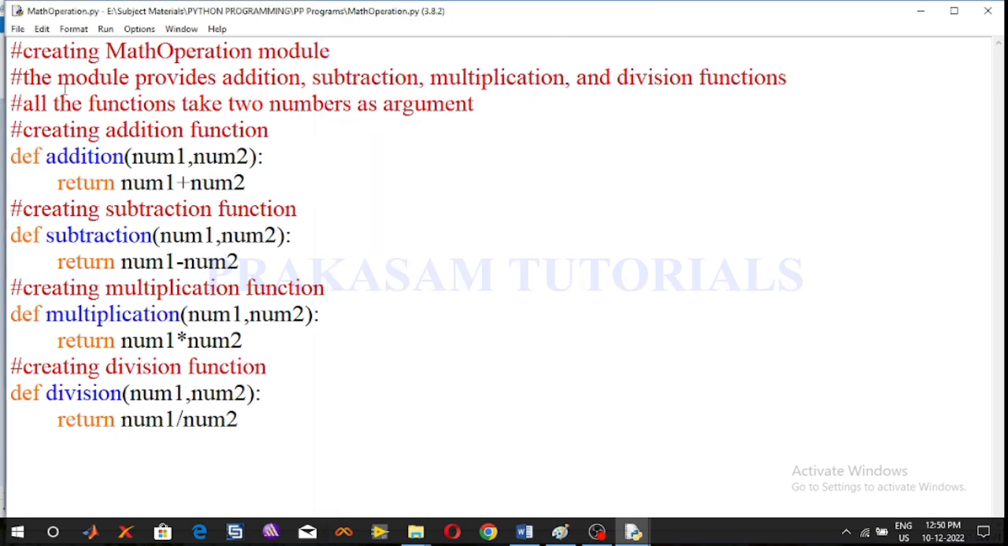So now we are creating the math operation module: def addition of number 1, number 2, return number 1 plus number 2. So return means it returns the output value. This is the addition program. Similarly, subtraction: def subtraction of number 1, number 2